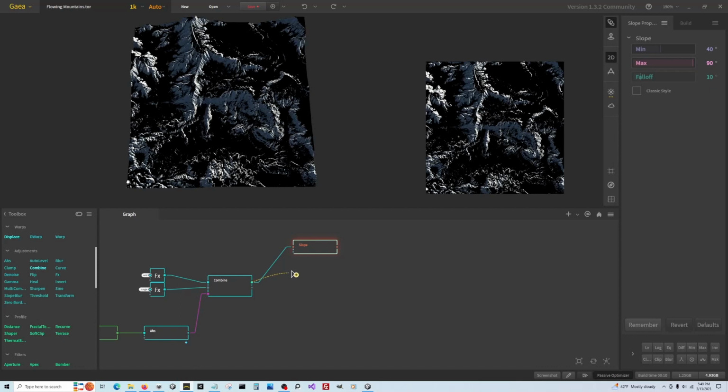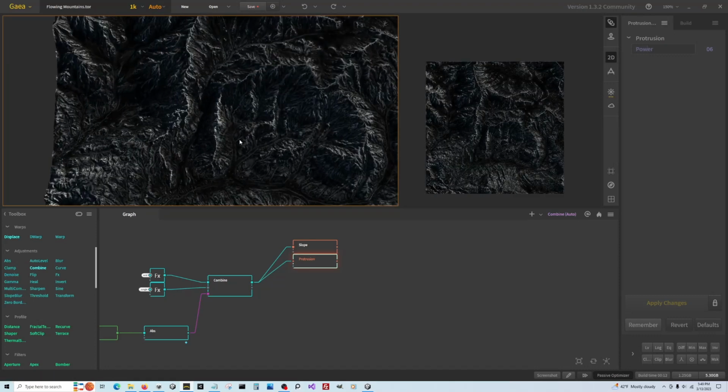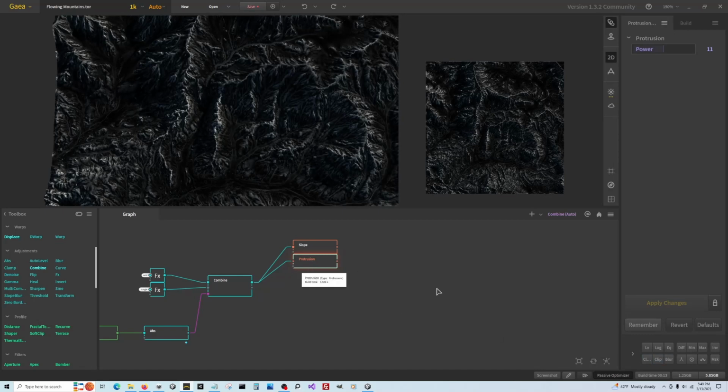And then I follow up with a protrusion, which is kind of a convex rule. And the default settings aren't quite right. I like to bump up the power to about 11 to half. Apply the changes. And that'll create more of a contrast here. It'll remove some of the noise. But I need to brighten this up and clean it up a little more. So what I'm going to do is use clip post-process on the protrusion node. I'm going to click clip, and it creates this